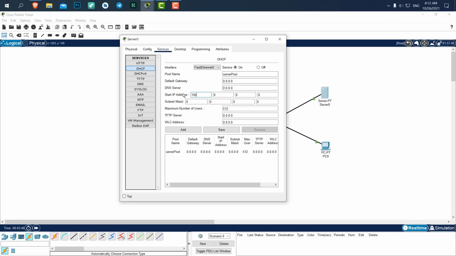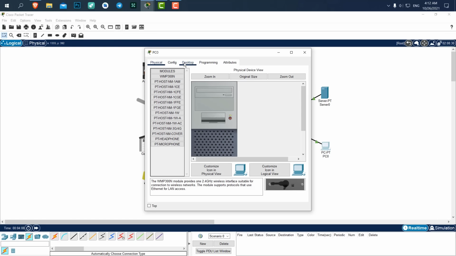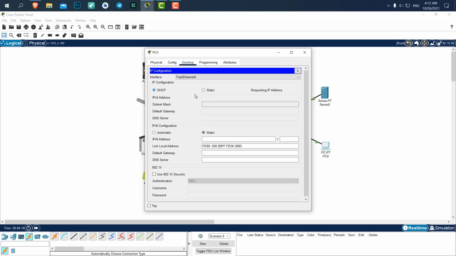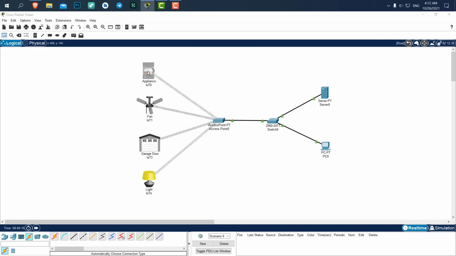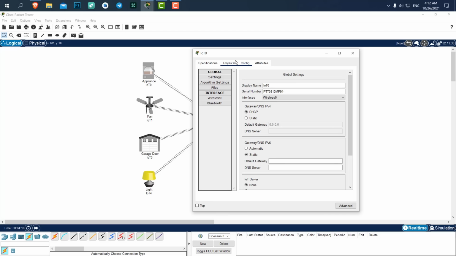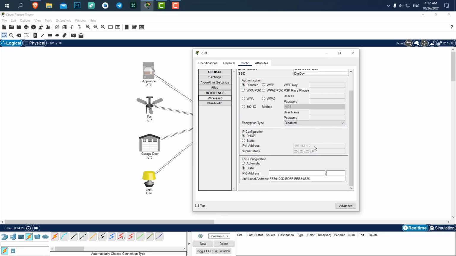Now let's have a start IP address. It's going to be 192.168.1. I want to start from 10. Okay, this is going to be 255, 255, 255. And let's say we have 100 devices. Alright. Let's save it, and let's go set our devices to DHCP. Alright, the DHCP request successful, and I believe the IoT devices, if I remember correctly, yeah, they are by